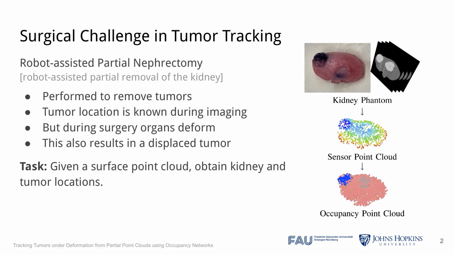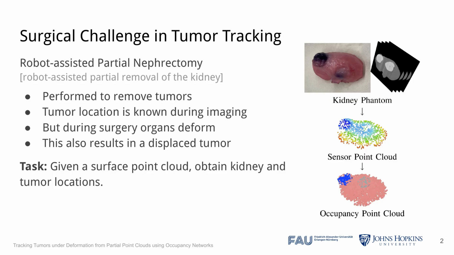We understand tumor tracking to be the problem of localizing tumors inside of a deformable object. An application example is the robotic-assisted partial nephrectomy, therefore, the removal of parts of the kidney, for example, to remove tumors. The tumor positions are known during the medical imaging processes, but during the surgery, the organ and its embedded tumors